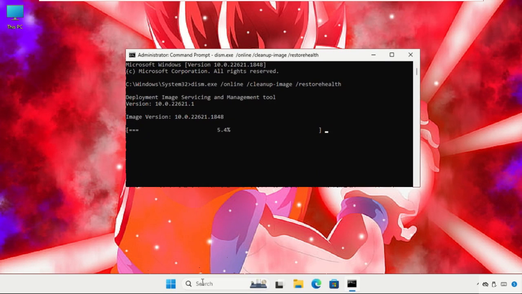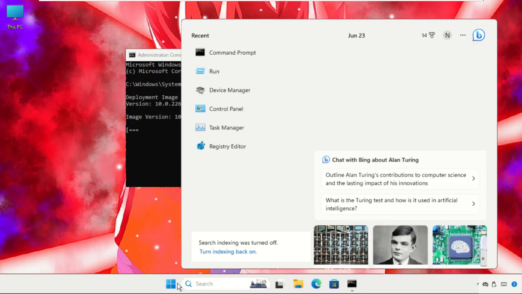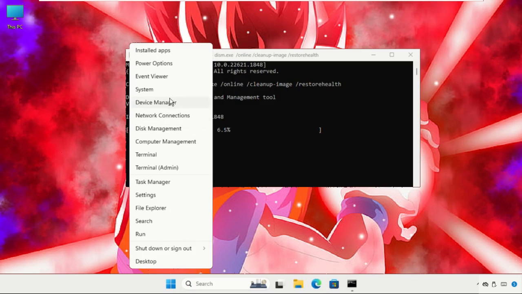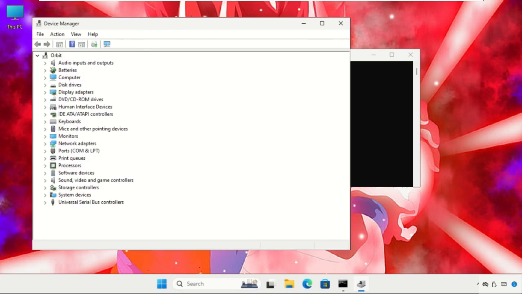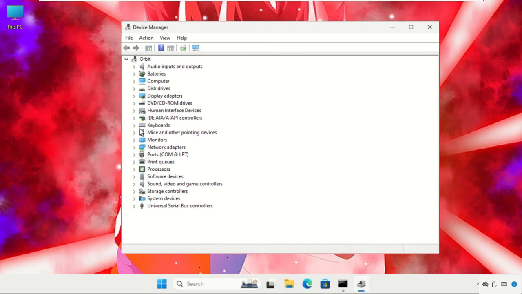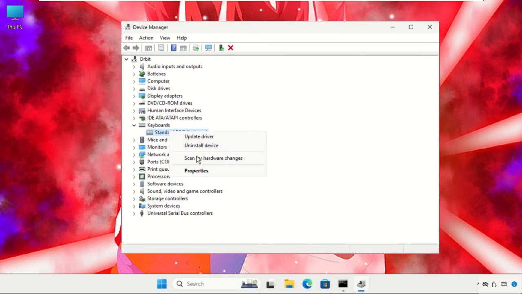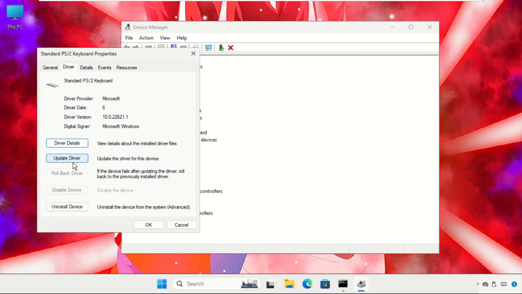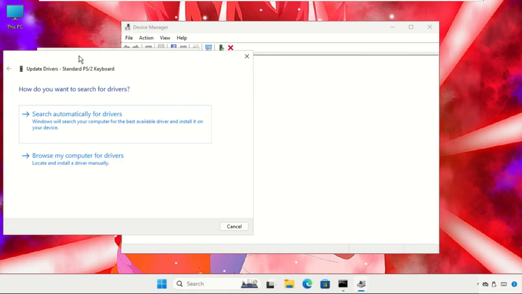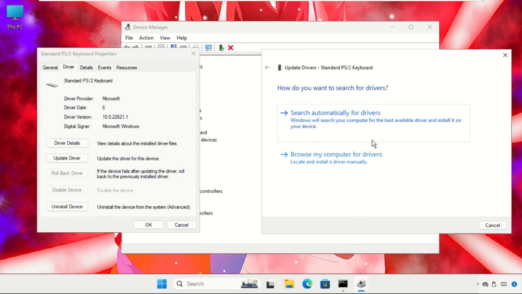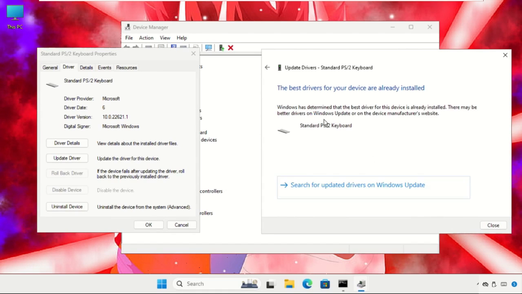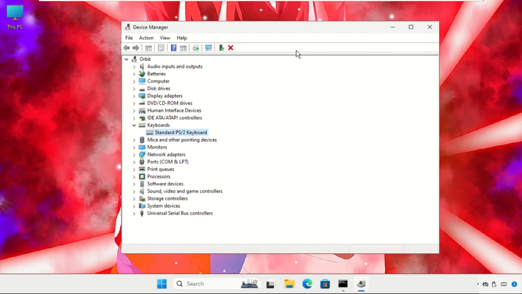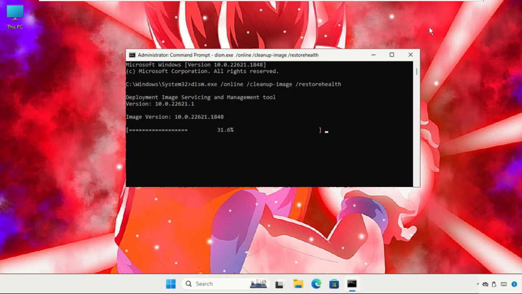That will be, just go to the search bar, or you can right click on this start icon, select device manager, then go to the keyboards, right click here, select properties, then select drivers tab, click on update driver, and then select the first option. Make sure you are connected with your internet connection, so click here and the best drivers will be installed automatically. Close all windows one by one, and